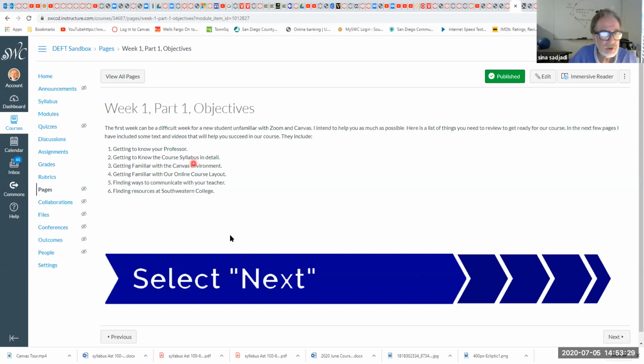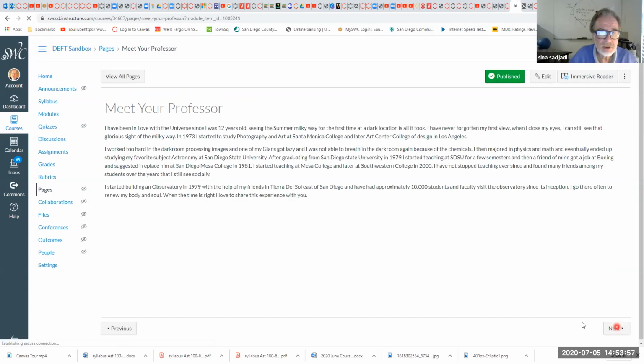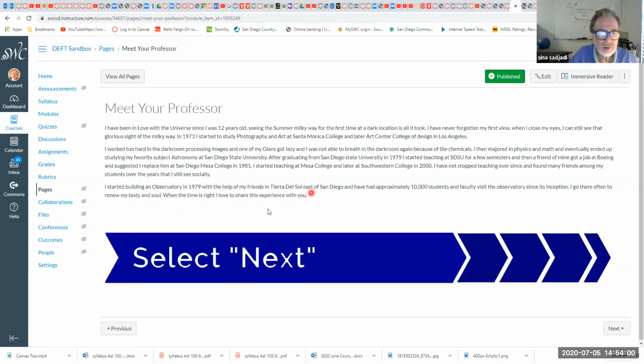So this is a page in the module. This is your objective page. These are the things you're going to learn in the first week. So in the first week, you're going to get to know your professor. You're going to get to look at your syllabus. You're going to get familiar with the Canvas environment. You're going to get familiar with the online course layout and finding ways to communicate with me and finding resources at Southwestern College. As soon as we click next, we're going to be able to see Meet Your Professor. So you can read this, and then we can go to